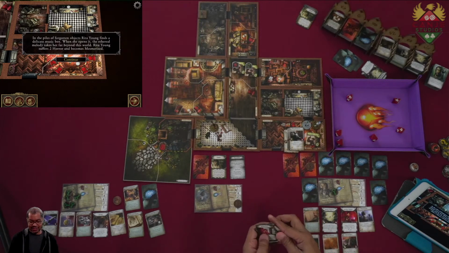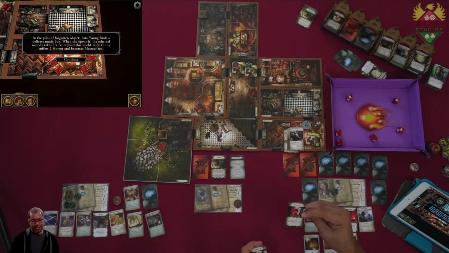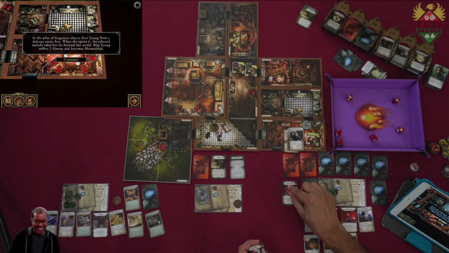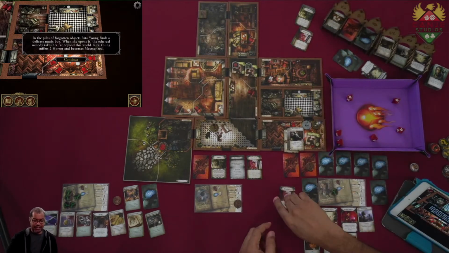Yeah, Agnes is on the verge. Okay. So Agnes is mesmerized, so it says at the end of your turn, an alien will take control of this card, and you are mesmerized as well. So at the end of her turn,